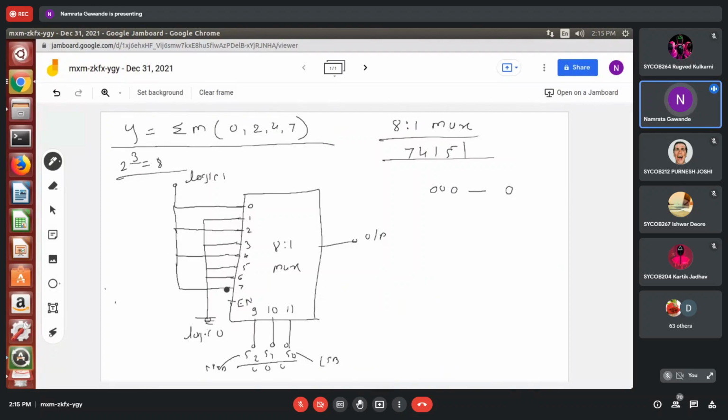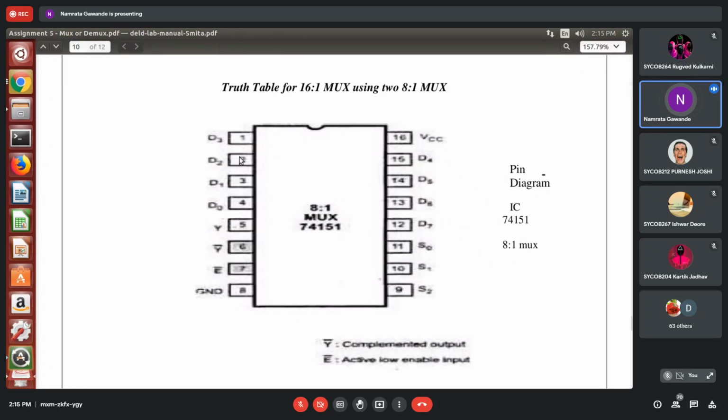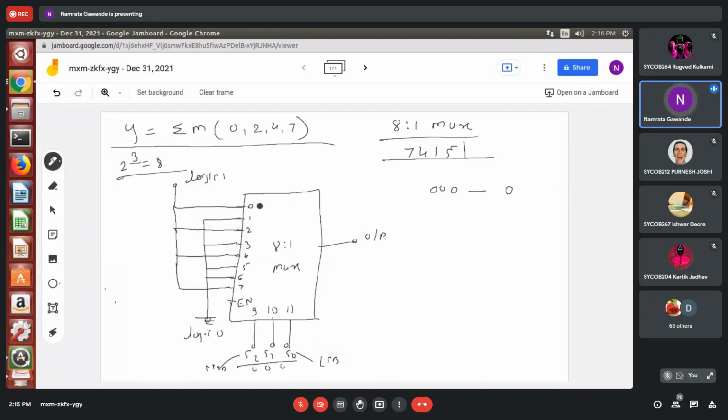Now the data inputs, that is D0, D1, D2. I have written directly over here 0, 1, 2, but these are D0, D1, D2, because these are the data inputs, right? Now you have to check those respective pin numbers from this IC diagram. Which one is the pin that is used for D0? That is pin number 4, right? D1, pin number 3, then 2, 1. So I will write the pin number over here.